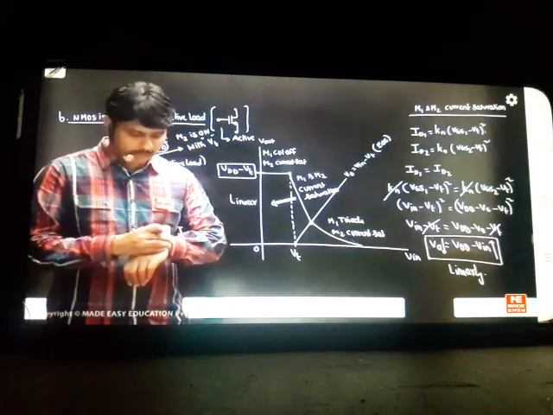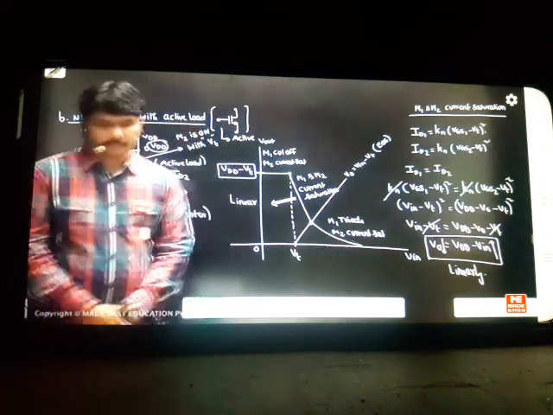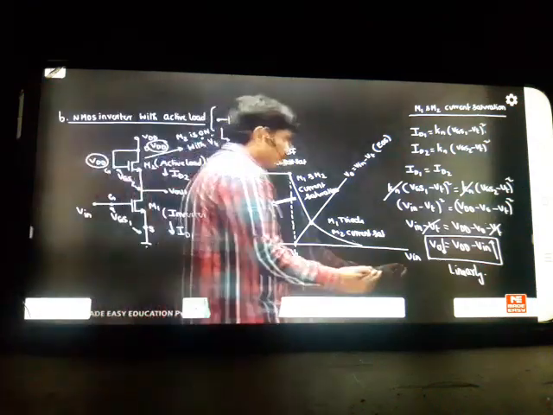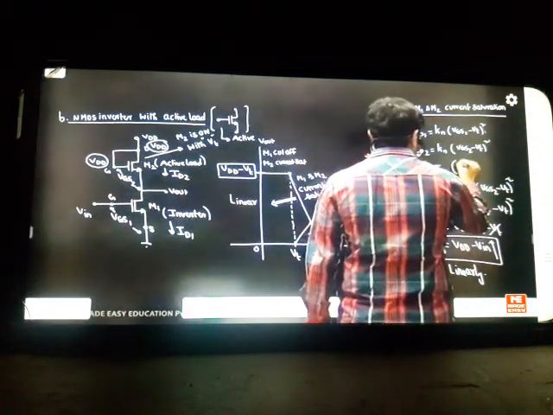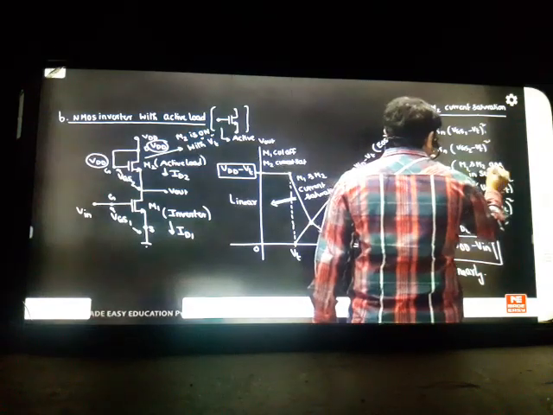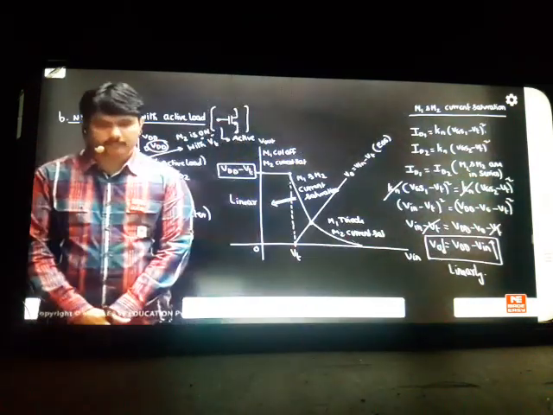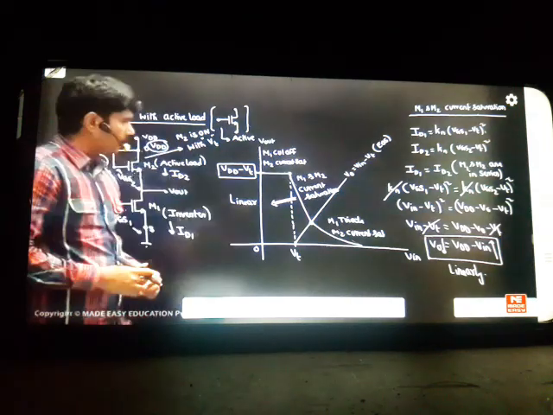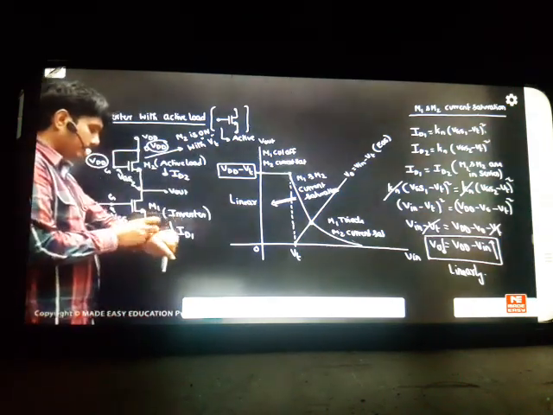This is the way of answer I am expecting. One time when you are asking a question, just observe the concept once. It is so clear on the board. ID1 and ID2 are equal because they are in series. Here M1 and M2 are in series. Then how can you ask that question? When they are in series, we can write ID1 equal to ID2. Roy, I think you understood it. Don't expect this type of questions here. Clearly, it is showing series there.